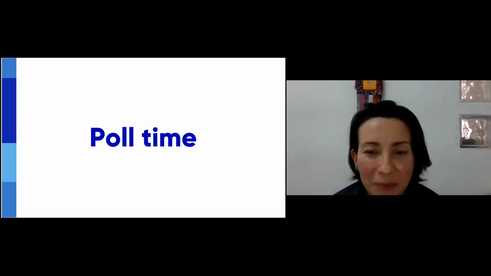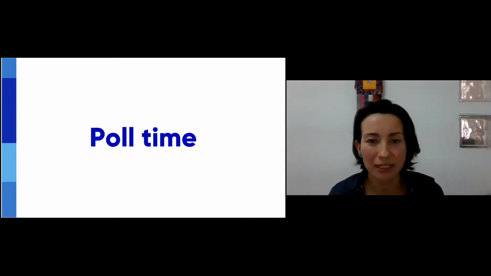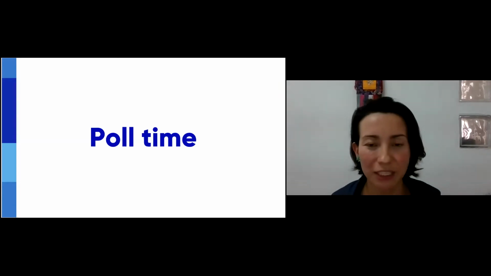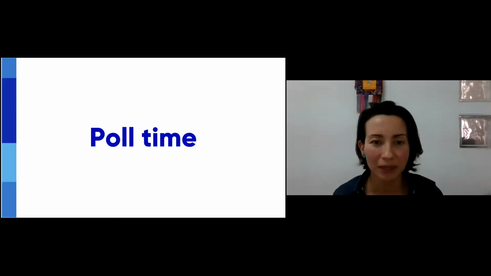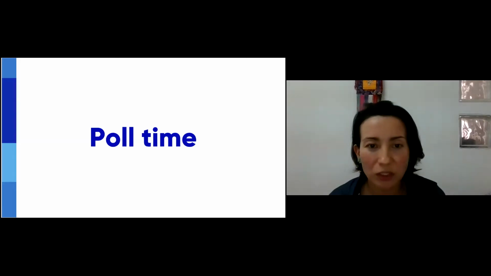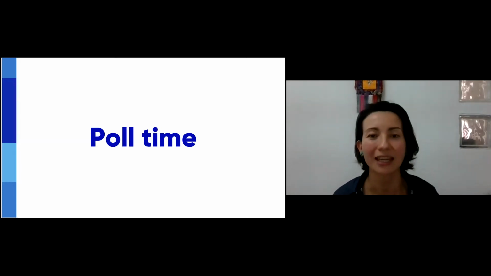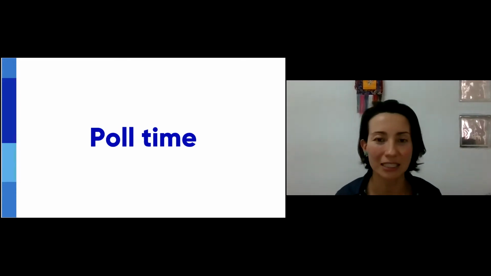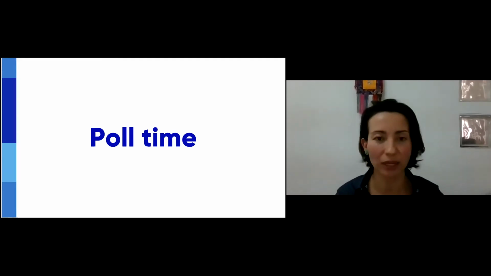Then 60% of the people said I am involved in citizen science and I want to learn about citizen observatories. Nice, we have many practitioners of citizen science here. 18% said I am involved in citizen observatories and I want to know more. The same percentage said I want to learn. I don't know what citizen science or citizen observatory is, and we have a small percentage who said none of this is my answer. Really interesting. We have a broad scope of people and profiles. I think that is going to be a very interesting discussion at the end. Then let's move to the next.